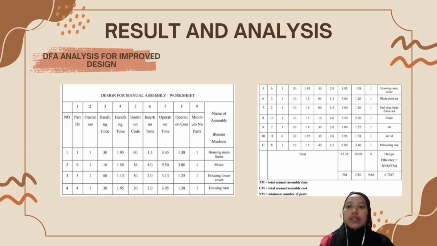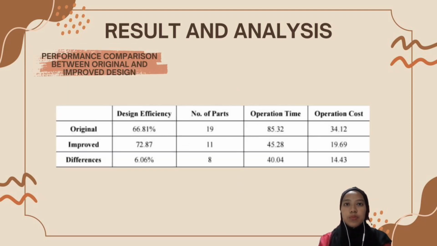stainless steel. So here is the DFA analysis for the improved design. Basically we do the analysis for the improved design in order to get the design efficiency. Now I will proceed to the last part in result and analysis, which is the performance comparison between original and improved design. In terms of design efficiency, we can see the design efficiency for the original design is